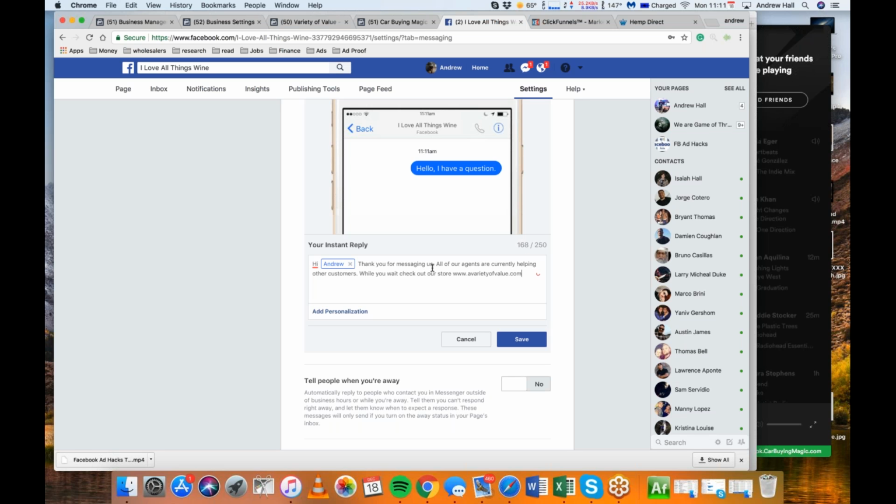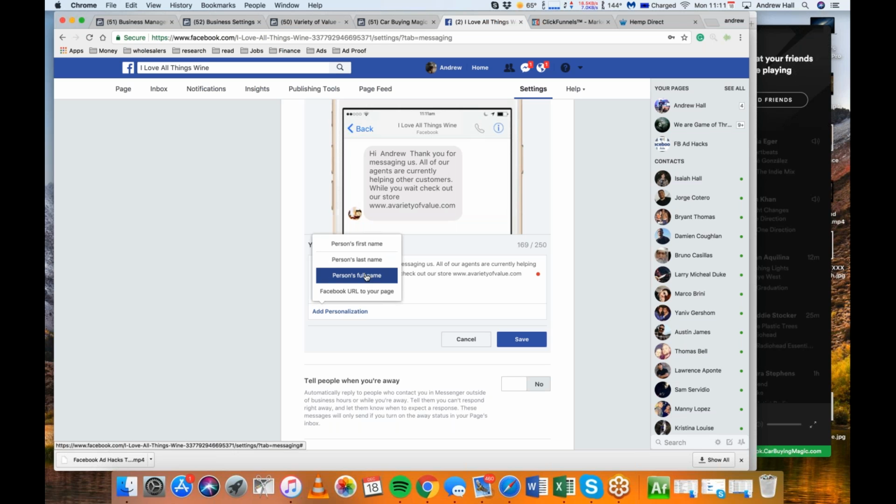So you could send something like that to all your customers, and that way you can send them to your store while they're waiting, and it shows that, hey, we're here, we're listening, but just give us a few minutes and we'll get back to you. And you can add personalizations in there, their full name, their last name. That way it automatically gives whoever your customer is a little bit of personalization. It doesn't really matter too much, but it's good to have that in there. And then you can send them to your store while they wait, and you're letting them know that you're going to get back to them.